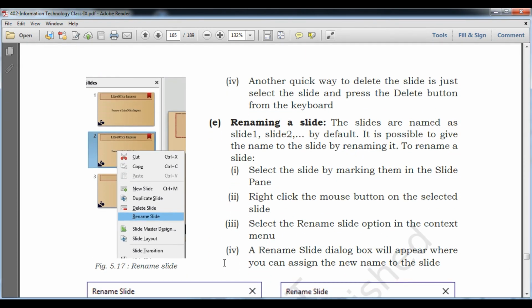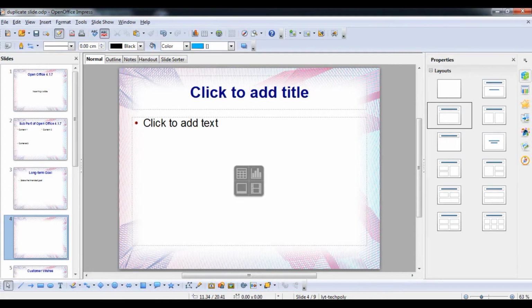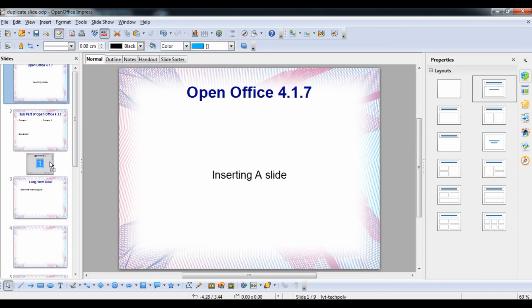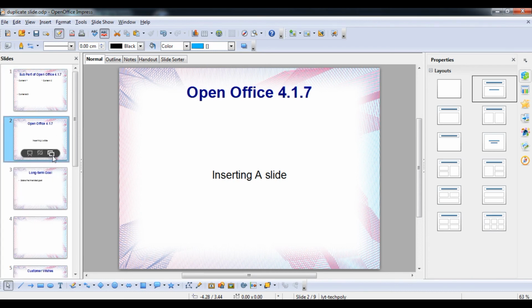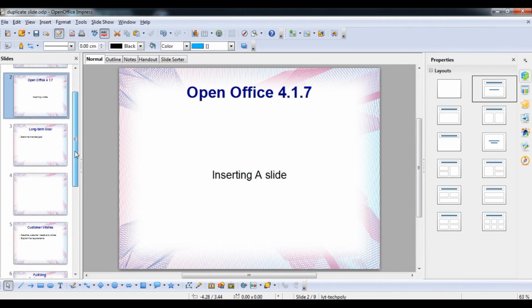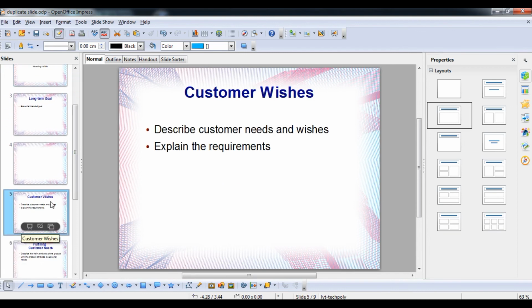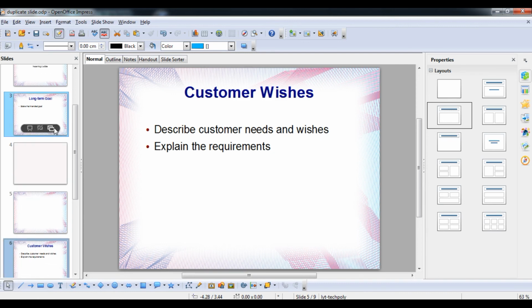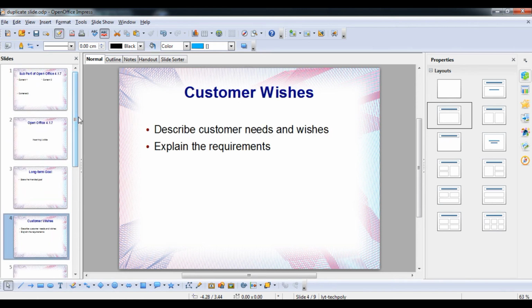So we have learned today how to insert a slide, how to insert the layout, how to delete a slide, how to copy and paste a slide also. Now we are talking about moving the slide with the help of the dragging method. Here we can drag by pressing this, and you can see a marker comes up as you drag. You can see number 1 has come here. As you release the mouse, you can see this slide will move down. Same thing, I will click on this, and then like this. Here you have to press and hold it, and then move it like this. So you can see the order is going to be changed.